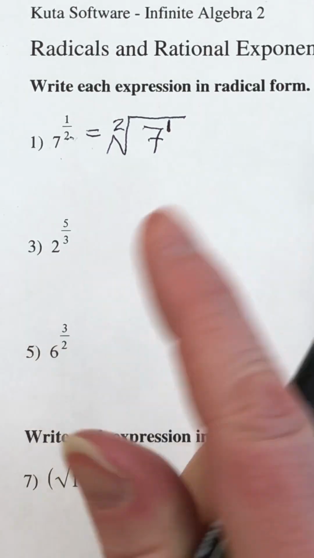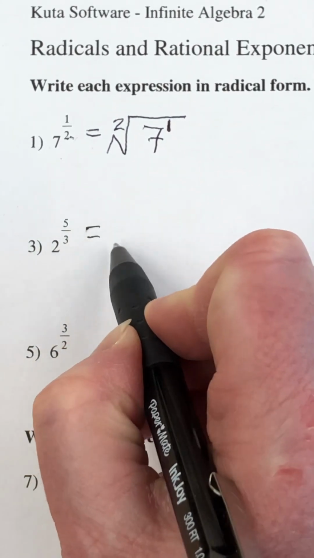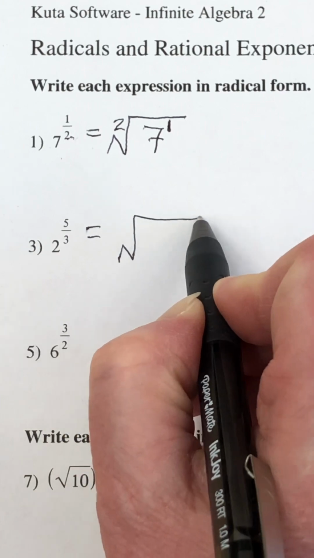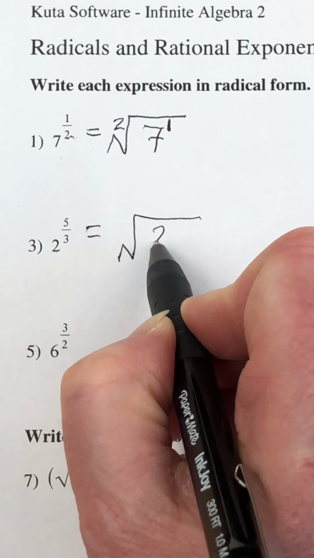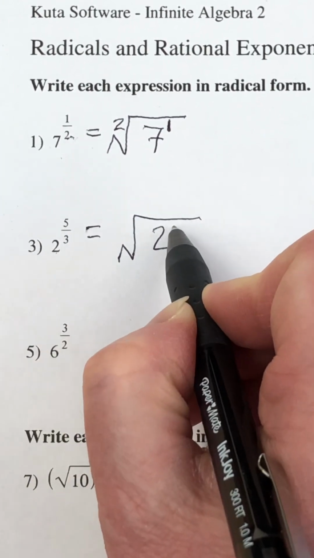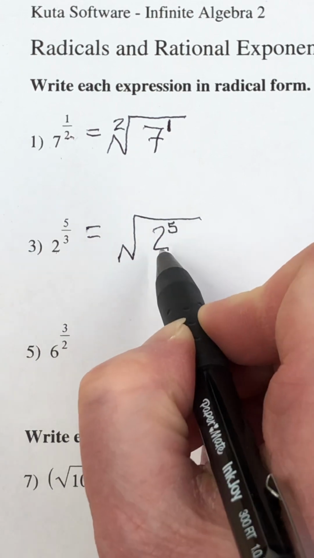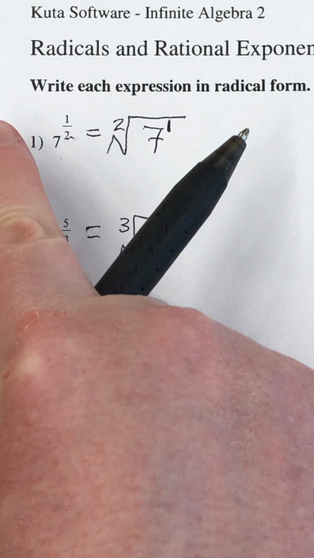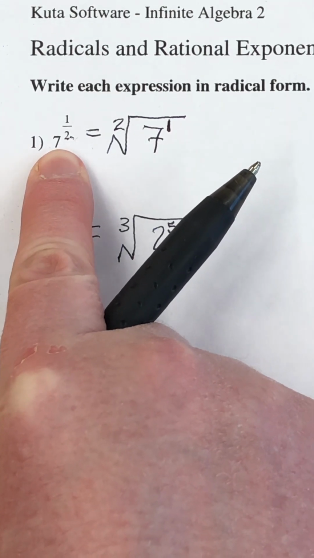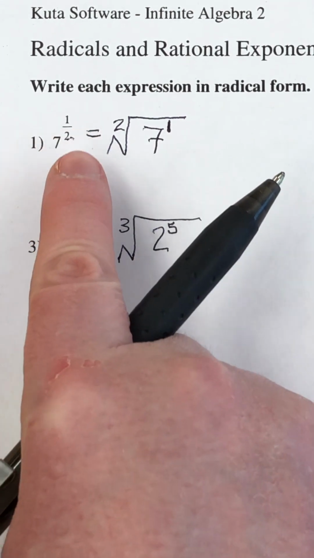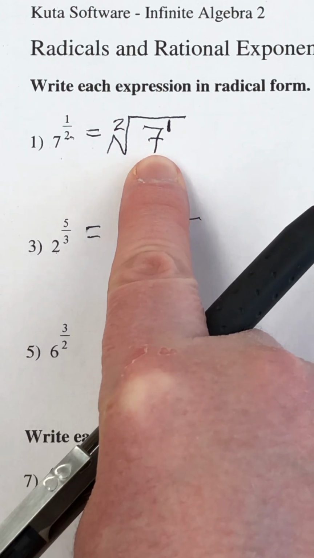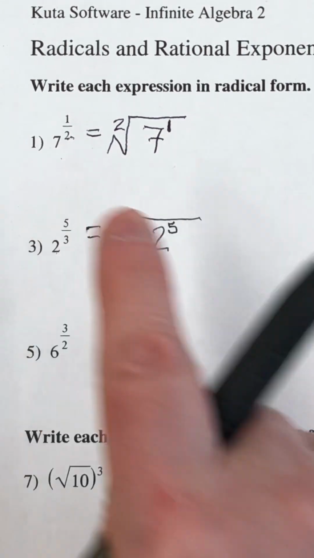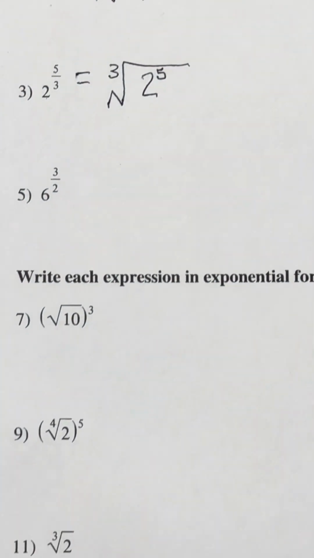And this is the one we did in class. So this goes into our radical sign. Our base is 2. Our exponent on top of the 2 here is a 5, and we're doing the cubed root of that. So you have to be able to go from the base with the fraction exponent into radical form. You also need to go backwards. So if they give us